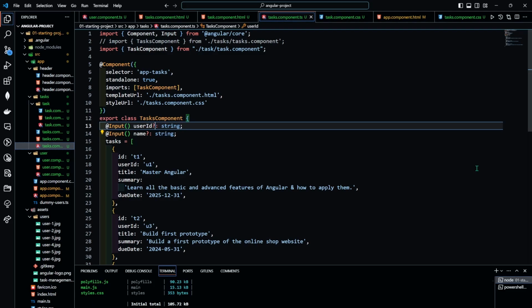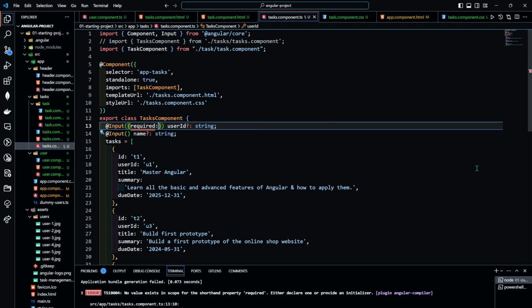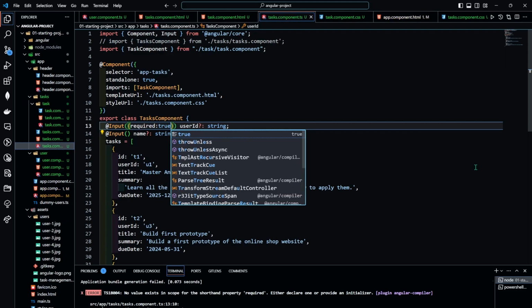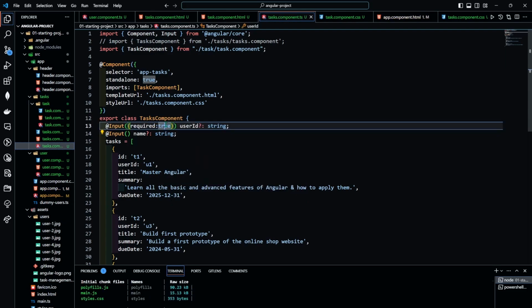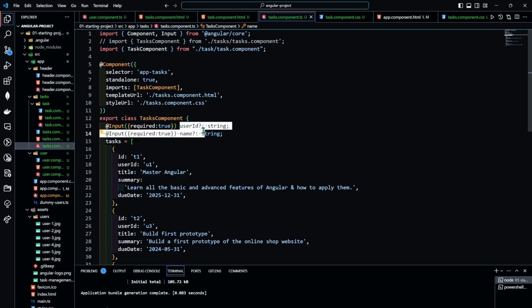Okay, and requirement should be true. Paste it here. Okay, so now we can use this user id to filter